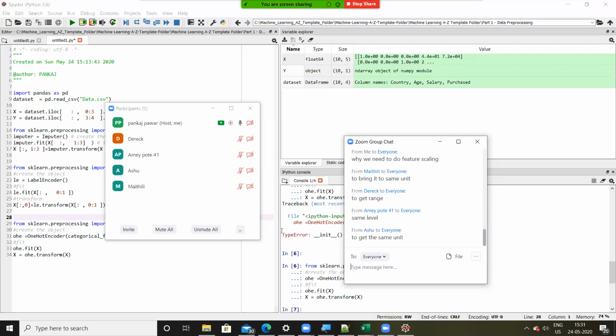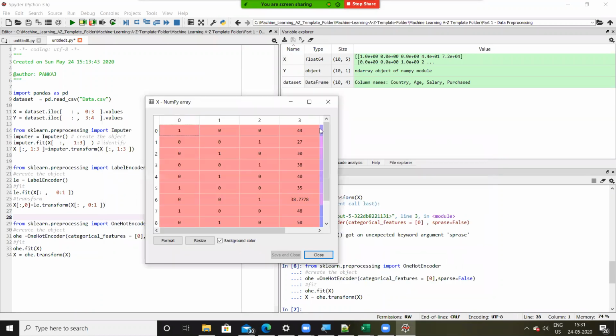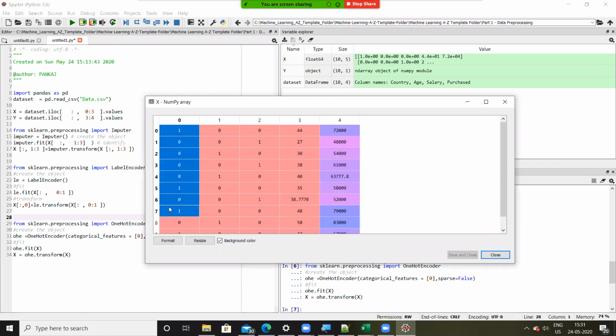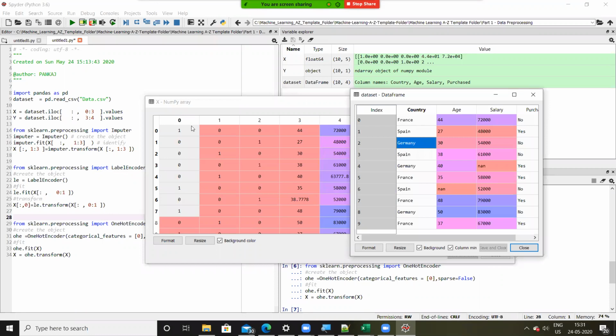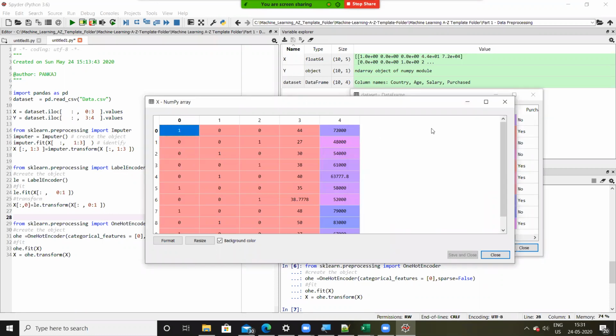Perfect. Right, as most of you have pointed out correctly, or at least you were thinking in the right direction, we need to do feature scaling to bring all of them at the same level. And for that, we'll be using standard scaler, right? But before going to standard scaler, I want to bring you one thing in front of you. So see here, this is my data set. Let's assume this column index 0 is country called as Germany, right? Column index 0, I'm assuming country is Germany.